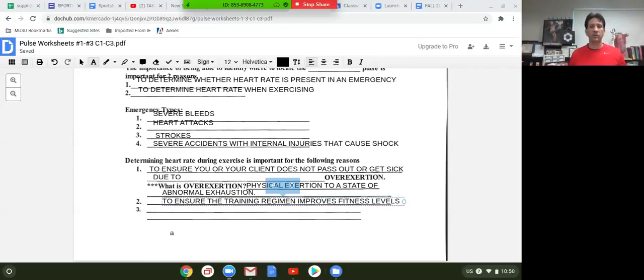Okay, so to ensure the training regimen improves fitness levels. We'll talk about that a little bit later on how that's going to work. You'll do a lab to take your own heart rate pulse. Okay, so 3,